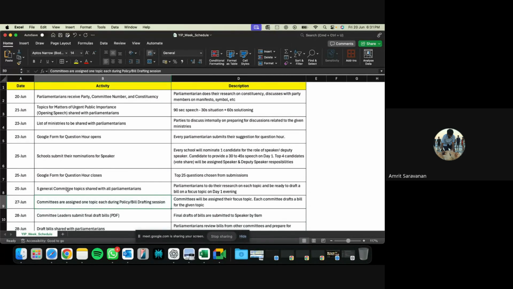What the speaker and the deputy speaker will also ensure is that they will track how many times you've spoken, and also see whether you should speak now, or someone else they feel should speak now. Again, this is up to how the speaker wants to take it. But the instructions to the speaker would be to get more people to speak as much as possible without compromising on quality points from others.